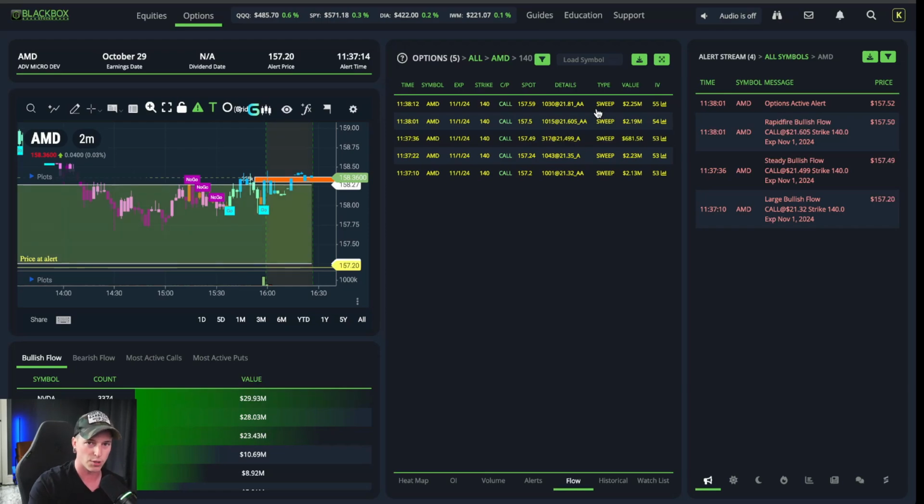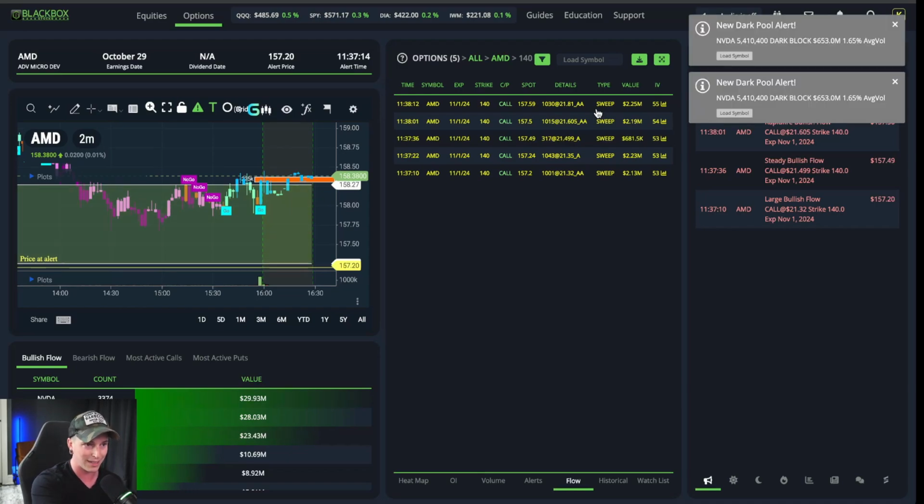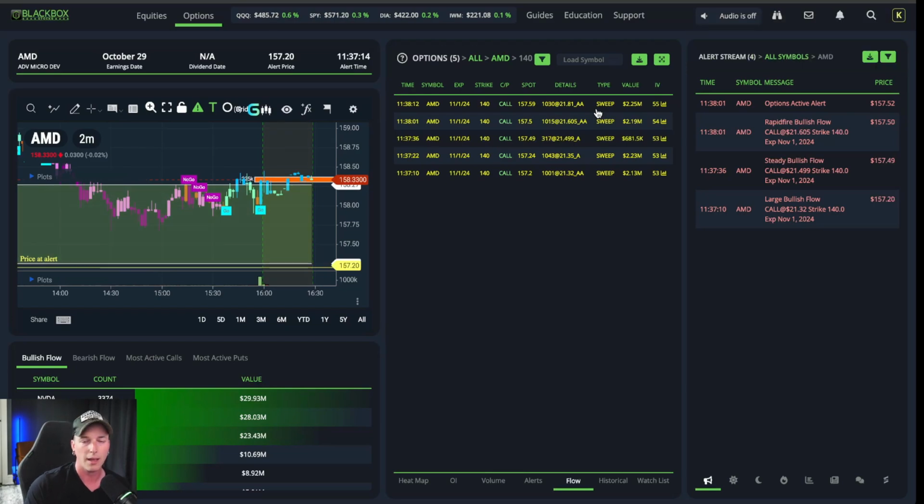In the free options course we have below going over simplification of options, we talk about what actually gives an options contract value because it's a financial instrument. It's not an actual asset. And what gives a contract value is intrinsic value and time value. Intrinsic value happens when the strike price is $20 in the money, that means that if we held till expiration, we could buy AMD at $140, which is way lower than the current price right now, which means that we have a ton of value intrinsically in